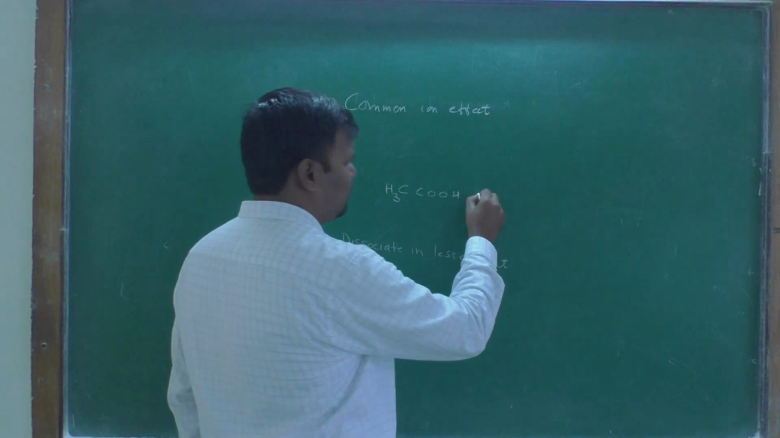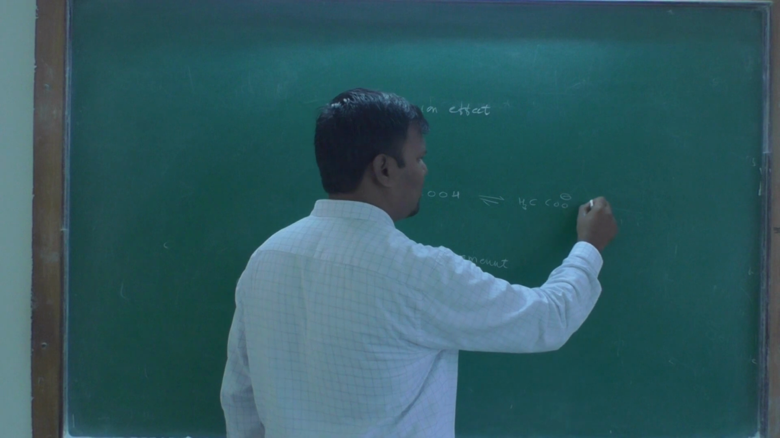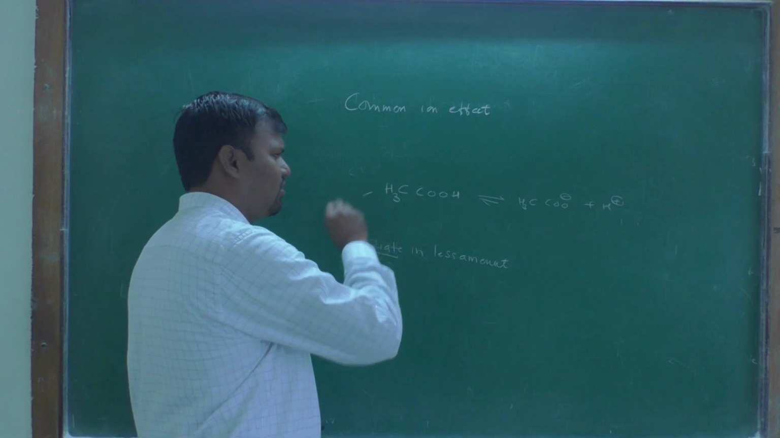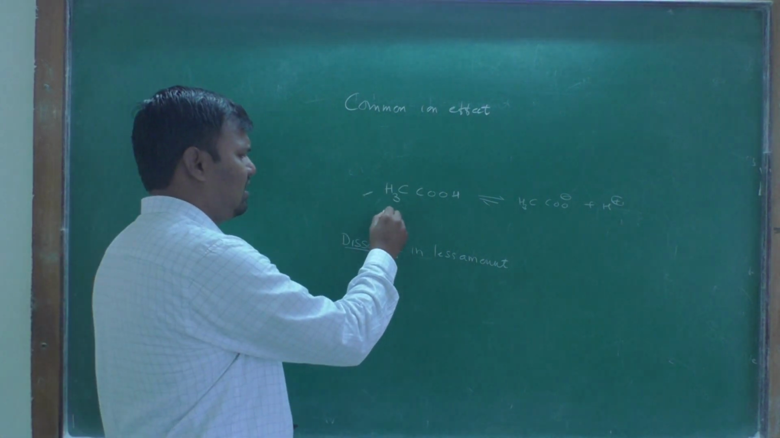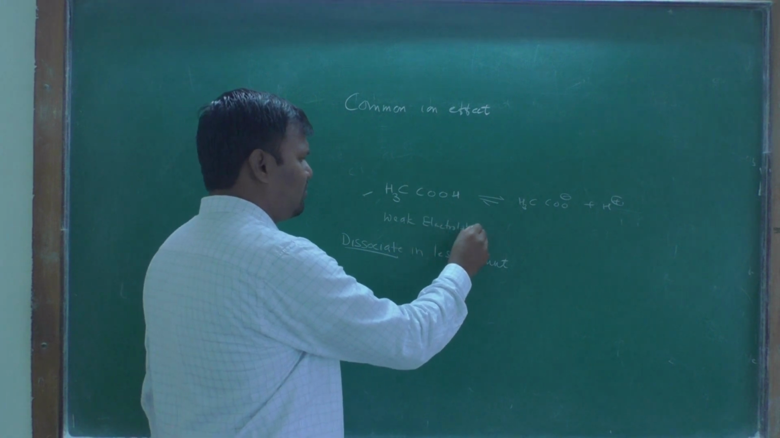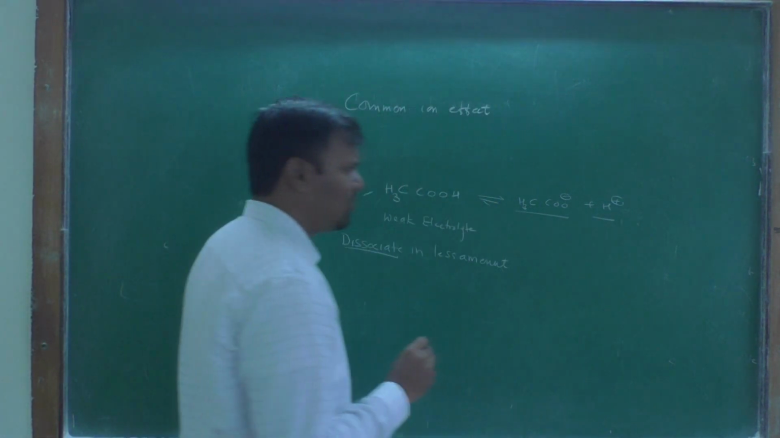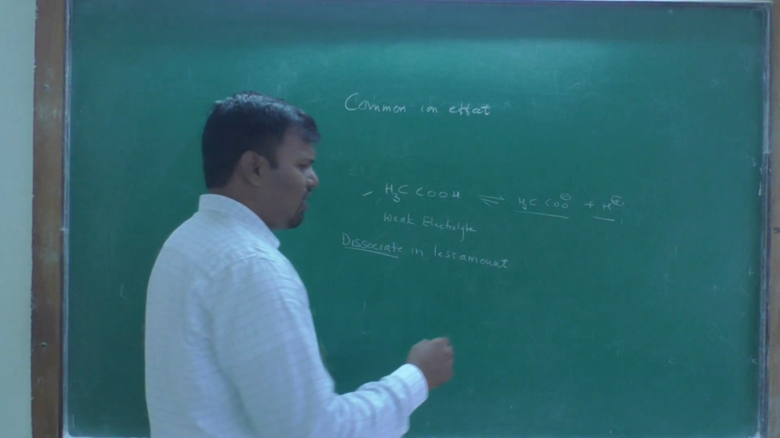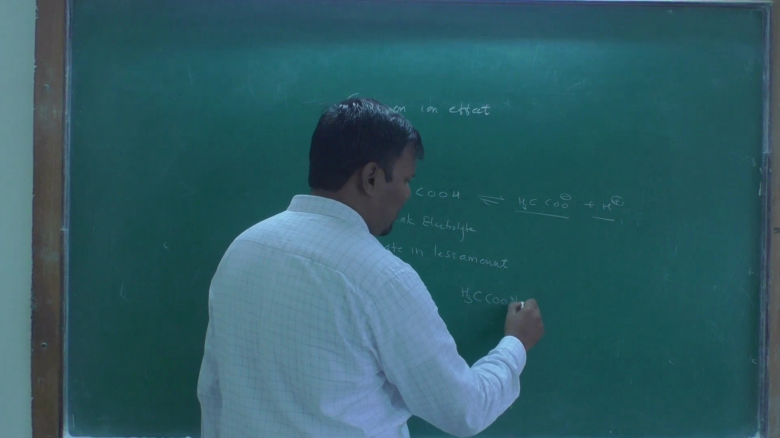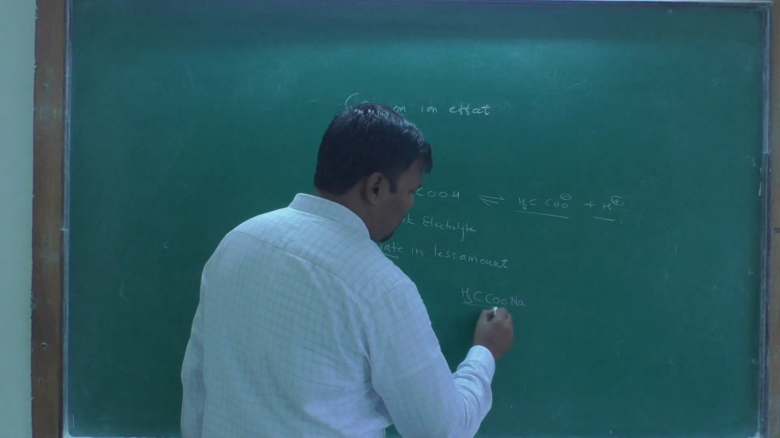Dissociation for acetic acid is like that: CH3COOH gives CH3COO minus plus H plus. The separation of ions is nothing but the dissociation. In this case, this is a weak electrolyte and it dissociates into its ions in a very small amount. Now, when you add a strong electrolyte